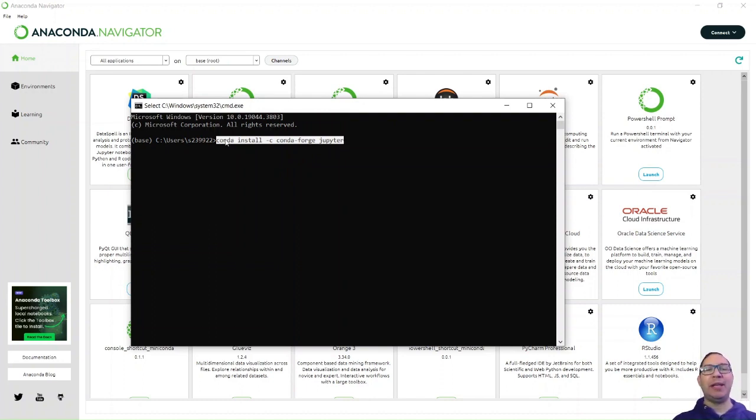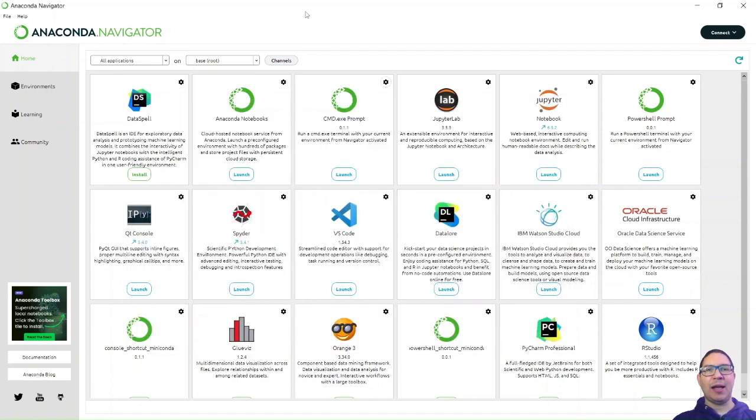So conda is basically a Python package manager, just like pip or Poetry, if you know. And Anaconda is the visual part on top of the conda system. When I run this command, it will install Jupyter and all its dependencies. As soon as it's done, I relaunch my Anaconda Navigator console, and then I'm able to launch Jupyter from there.